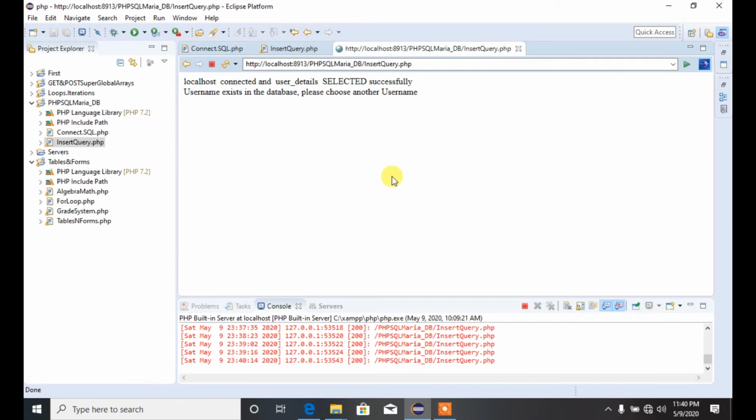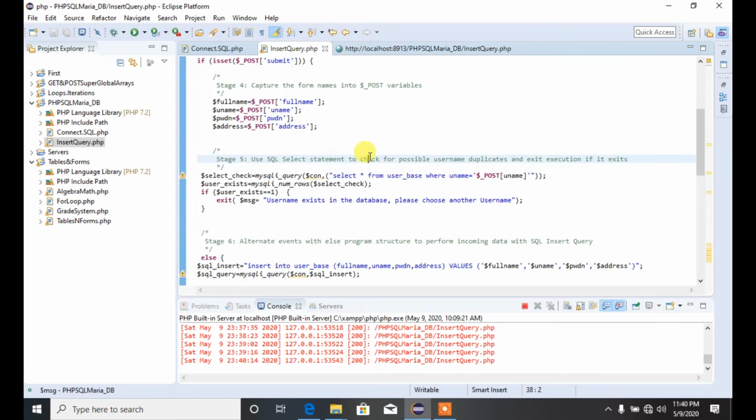That is why it's telling us that the username exists in the database. Please choose another username. That is exactly what is going on here now, because the message says if the user exists, if there is a flag,